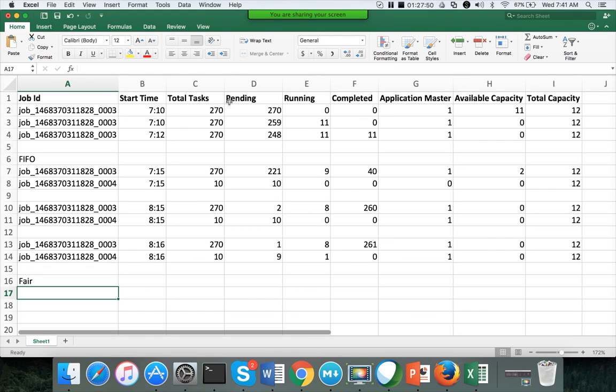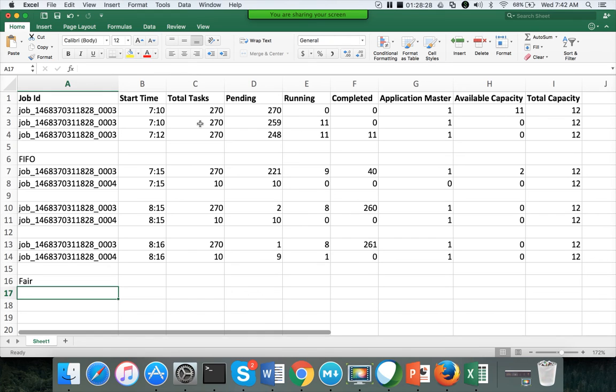Yes, it does matter, because unless all the 100% capacity is given to the queue, it will change a little bit here. So if the capacity is only 50%, which means that out of 12, the queue where this might be running will get only 6. Hence, there will be a difference in the behavior for the capacity scheduler. I am not getting into the details here, but phase scheduler is significantly different from FIFO scheduler. So capacity internally uses FIFO only. The only thing is, instead of one queue, you will have multiple queues.